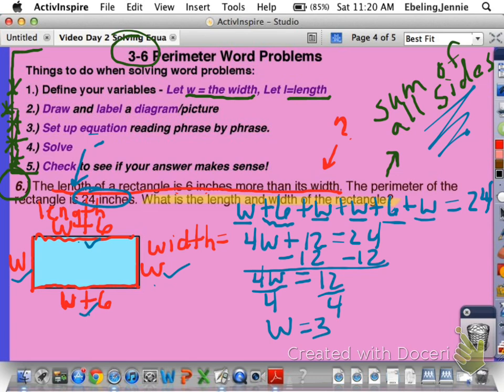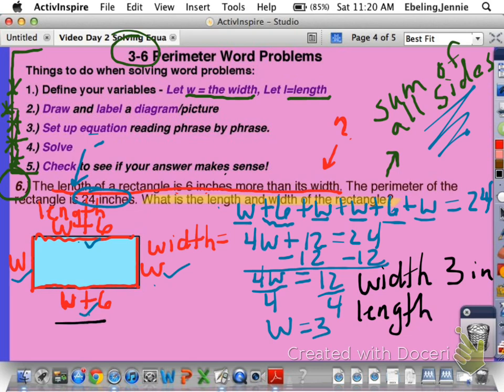Okay, let me go back and reread the question that I highlighted. What is the length and width of the rectangle? Well, my W is saying that my width is 3. What were they talking about? Inches. So I can put inches on there. My length is W plus 6. So that means I want to take 3 plus the 6, and I have 9 inches